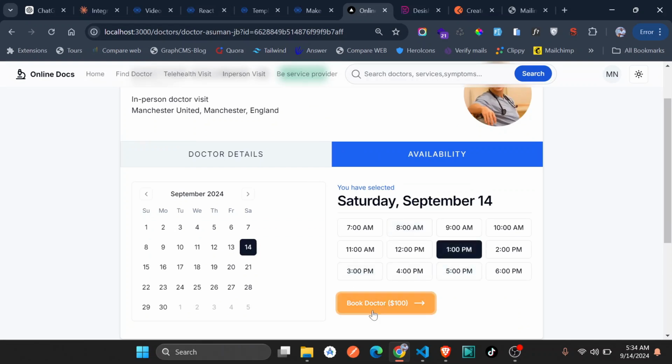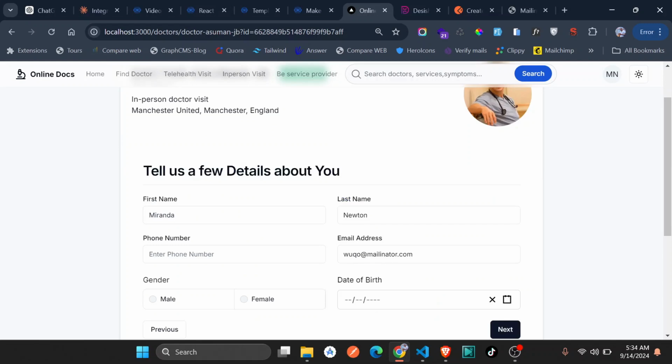Just copy this and this. Now you can see the first name and last name, which we have here, Miranda Newton. Now at least they are populated. Now we can populate the remaining things. So at the end of the day,